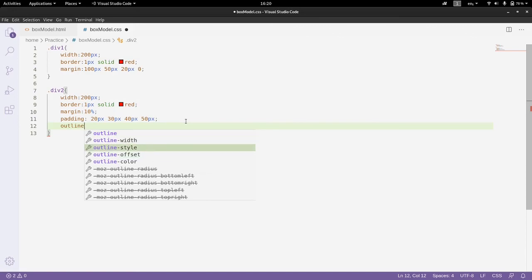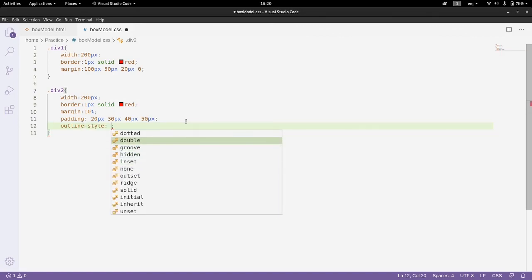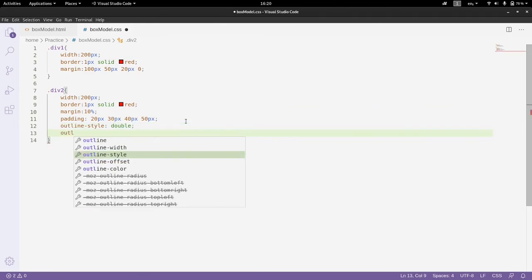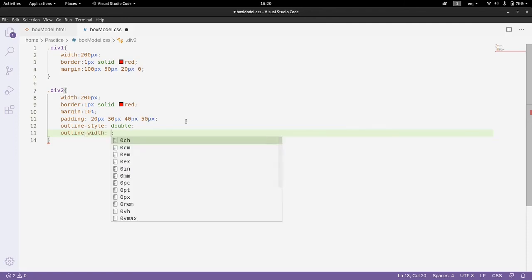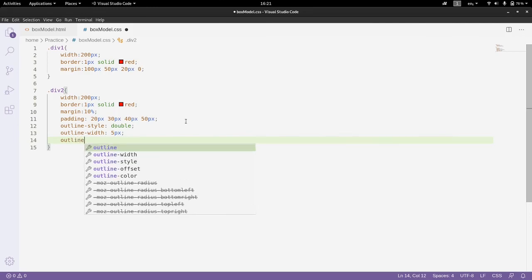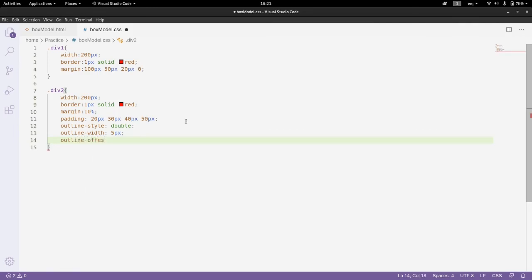So let's start with the outline style property. Set it to be double. It has all the same styles as we had in the border one. Set the outline width to be say 5px, and we can use the outline offset property to create a gap between the border and the outline of the element.